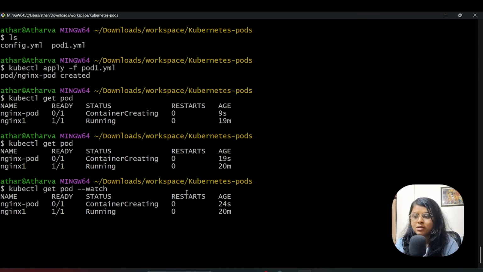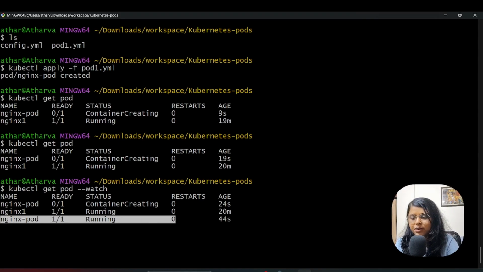So you can see your containers going through multiple stages. Now you can see that this nginx pod is in the running state,